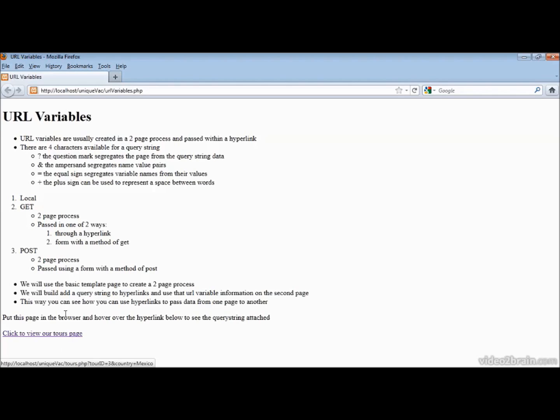That's what I'm referencing when I talk about 4 characters right here. So we'll take a look at that, and if I hover on it again, you'll see it says question mark. The left side of the question mark is the actual URL. The right side of the question mark is the information the next page is going to use. It has 2 pieces of information: tour ID equals 3 and country equals Mexico. So tour ID and country, those specific words, are now variable names on the next page, and they have values